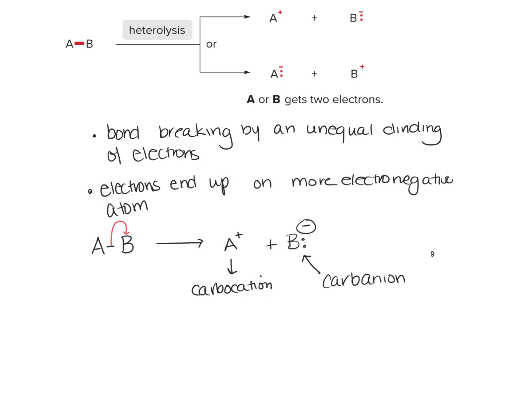Now, I hope that you notice that I'm really emphasizing where I start these arrows. The details matter here when we're doing mechanisms. So here's some things that I don't want to see. I don't want to see atom movement, something like that. That's wrong, okay? Make sure that your arrow starts where your electrons are. Okay, and so if that's a bond, it's in the middle of the bond. I also don't want to see